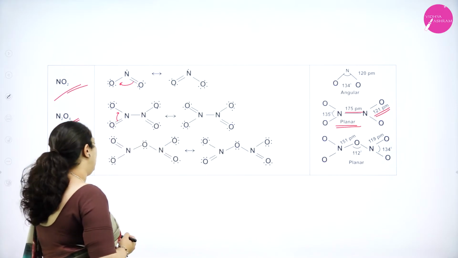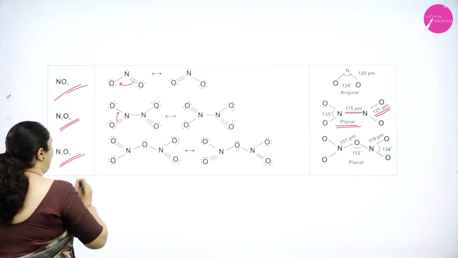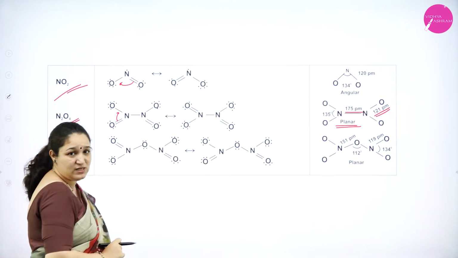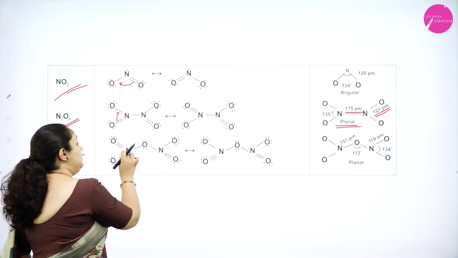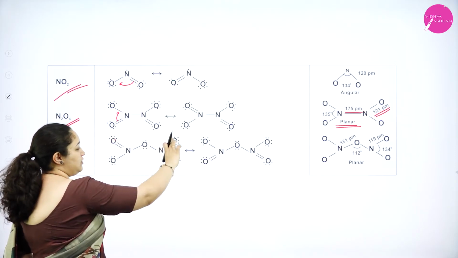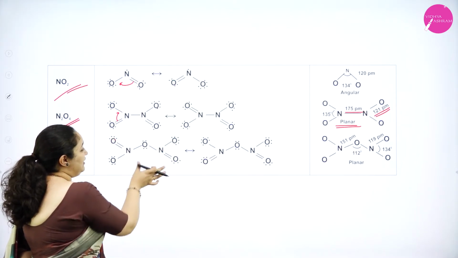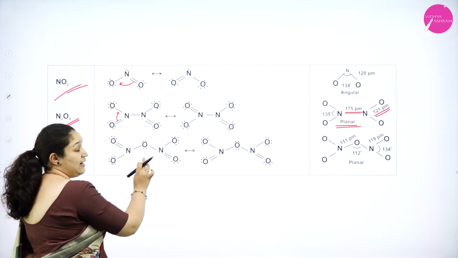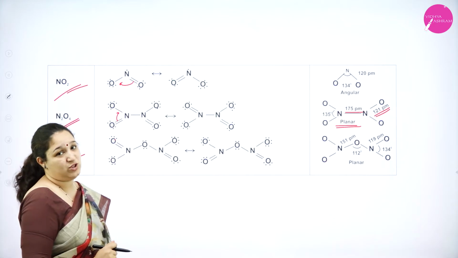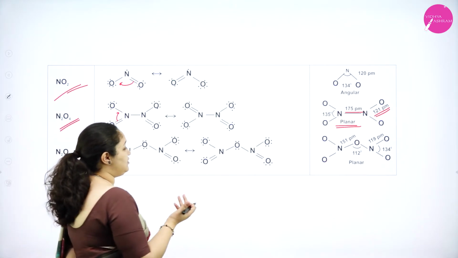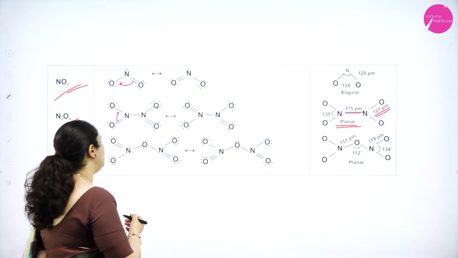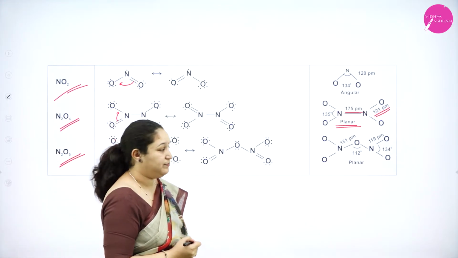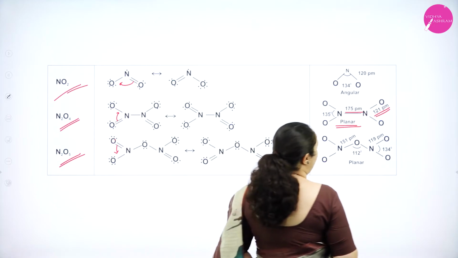Okay. Now the last one, that is N2O5. You can see between the two nitrogen atoms there is an oxygen atom, and to each nitrogen atom there are two more oxygens attached. So you can see that there are two double bonds and two single bonds, and there is one oxygen atom which is attached to both the nitrogen atoms. Okay, and the resonating structure, if you see, you have to just move the double bond here, you will get the resonating structure. And what is the bond angle?